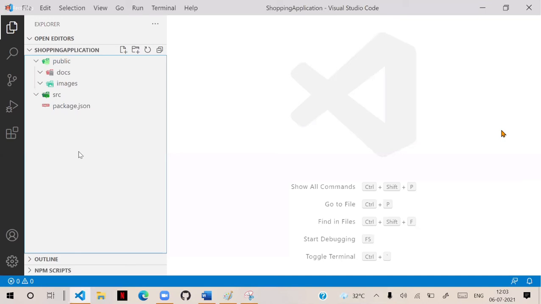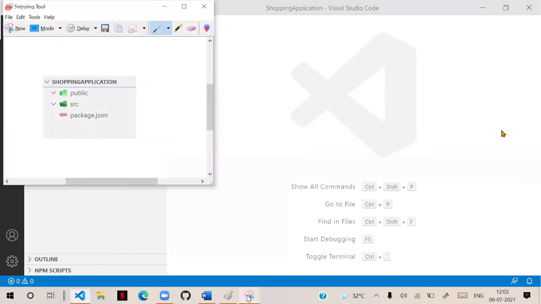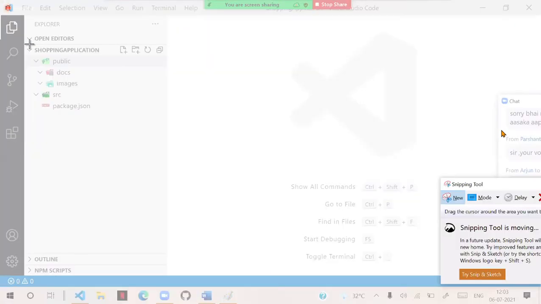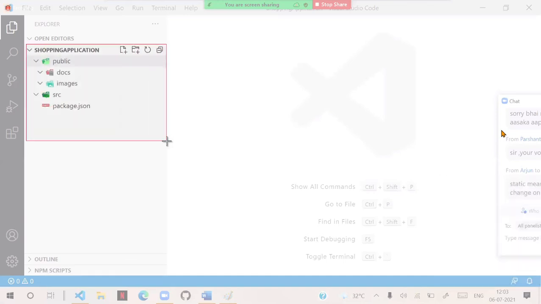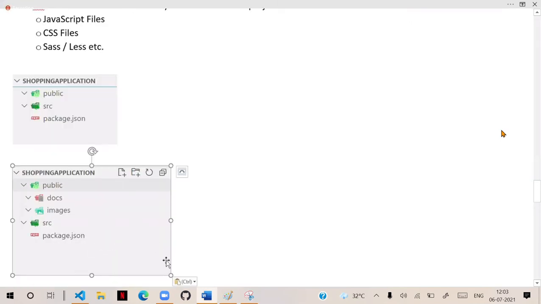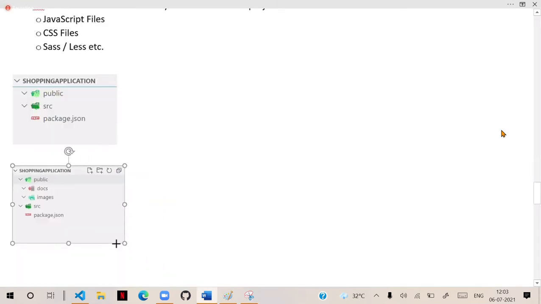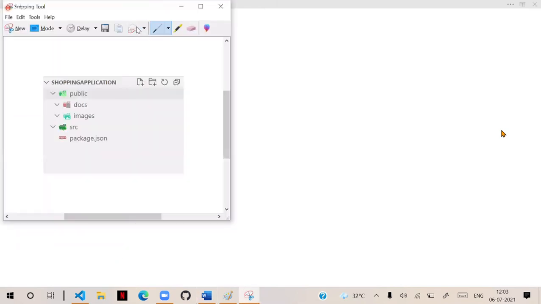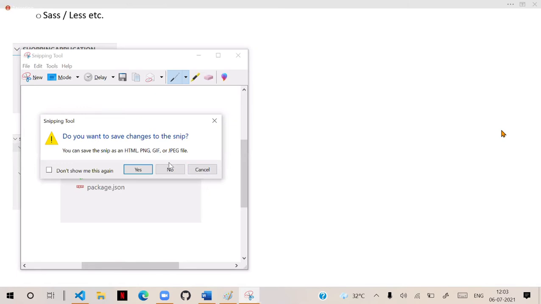This is very important to organize all your content in a perfect way. Now you see here, currently this is the project ready. That means only folders are present. In that I created some child folders also. In the public folder, I created the child folders. So these are the folders I created inside. That's fine. Now in this folder, we will maintain some images.